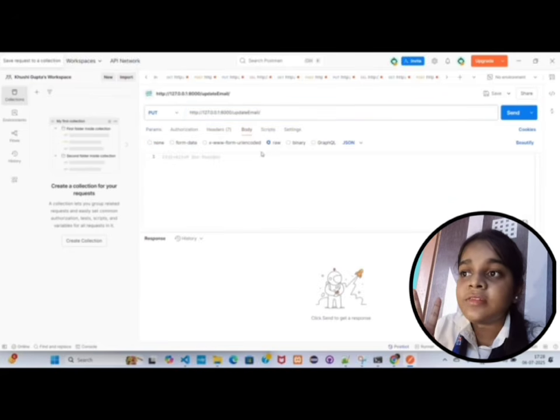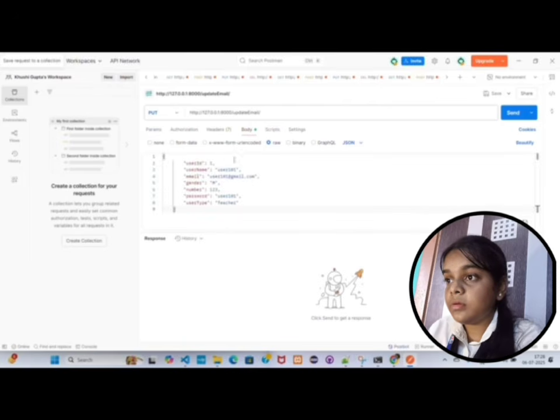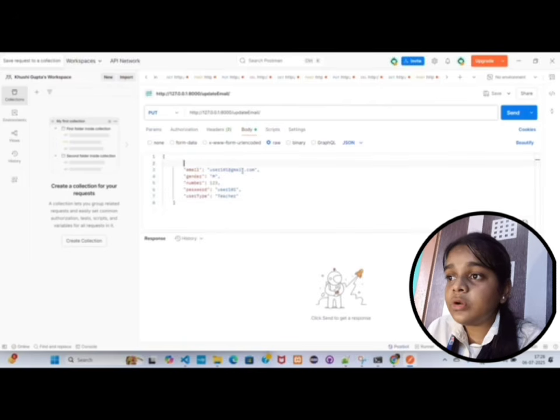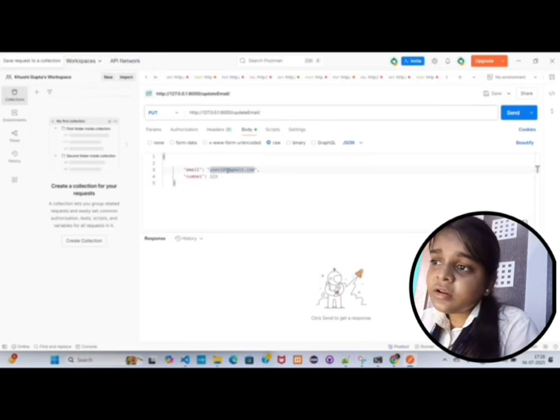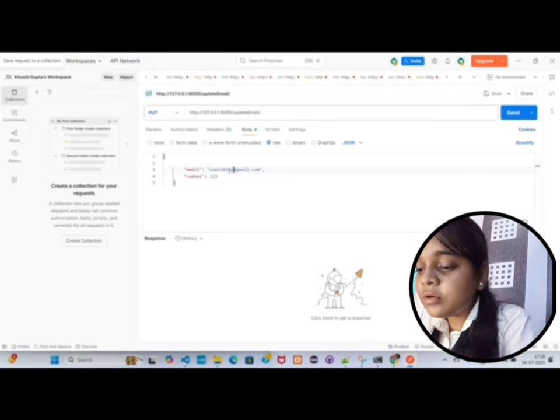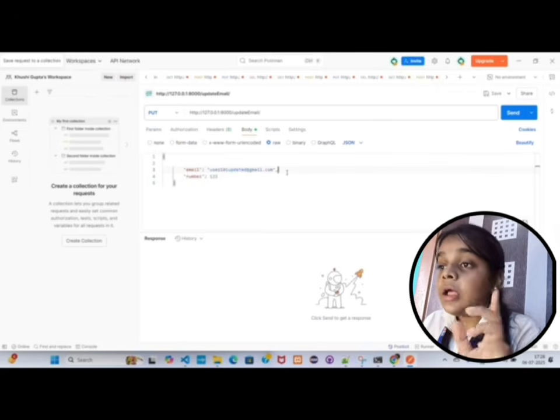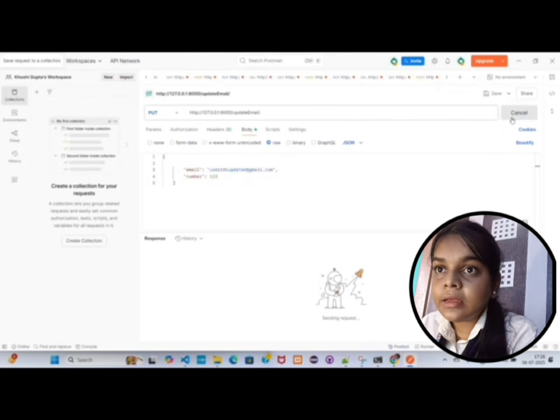So in the body part, we will select raw and JSON. The same thing, we only want to give the new email. All the rest, just ignore and delete from here. So user 123 and the new email. Let us give user 101 updated. This is our new email. Now I will perform this PUT API, send.